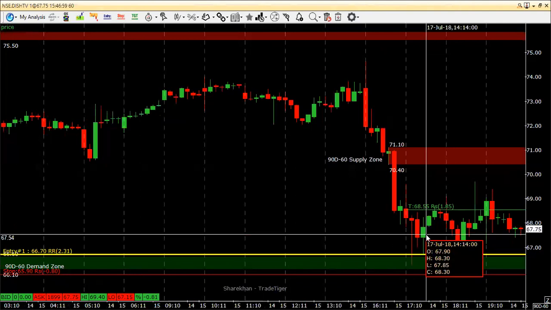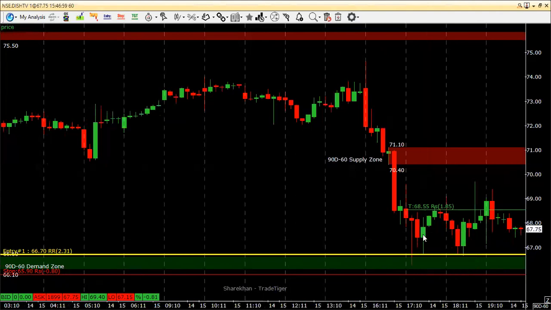This is the candle, yeah. So I did not get stopped out, and then again price bounced, and then it went and just achieved my target. So I was out of my trade within the same day, though this is a swing trade. A swing trade does not necessarily have to go for many days. This ended up as an intraday trade.